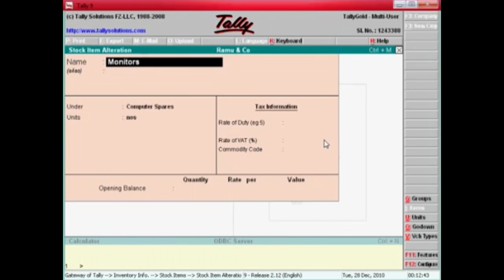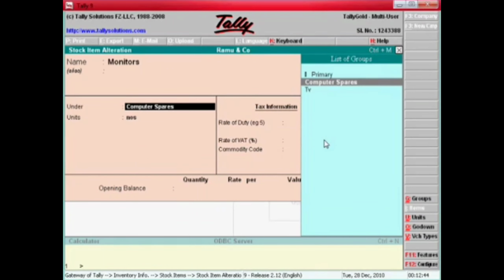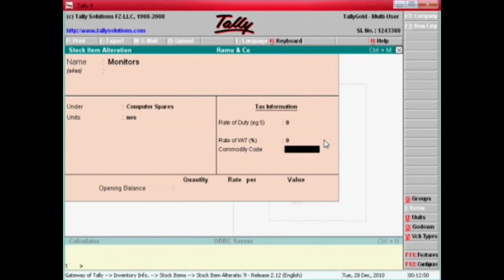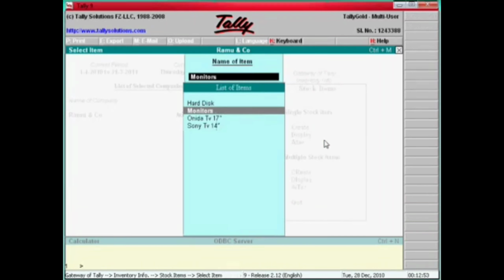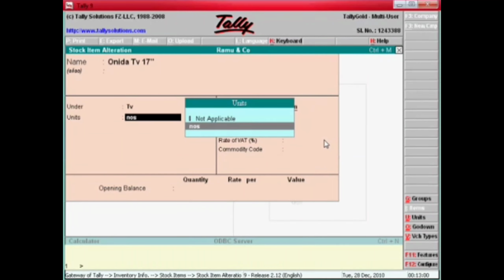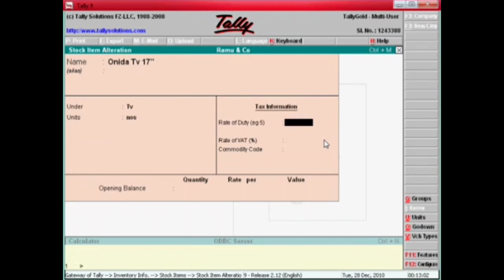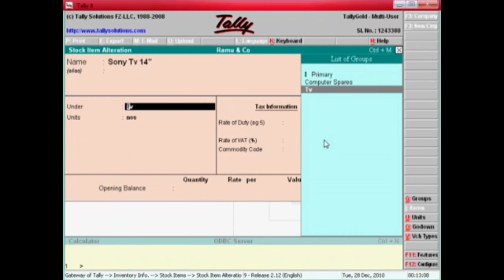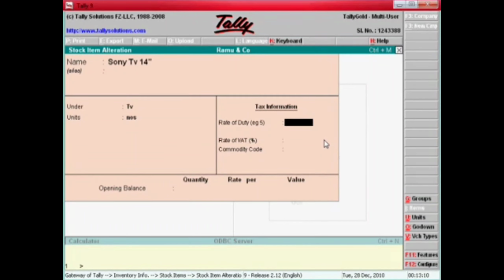Now monitors. Monitor is a computer spare. That unit means numbers, numbers or pieces, whatever. Onida TV 17 inches. This comes under group TV. That also, the unit of measure is numbers. Like this, Sony TV 14 inches. That's also TV, comes as numbers.